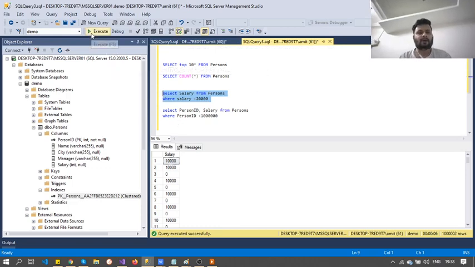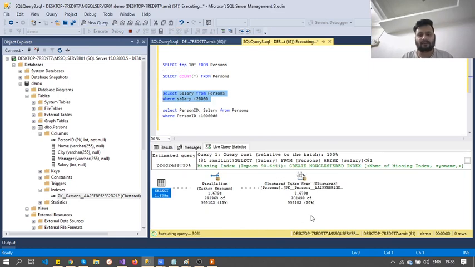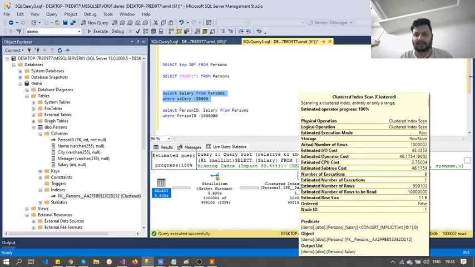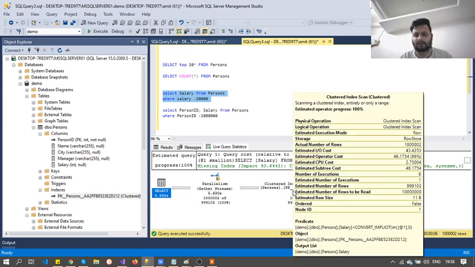Now I'm executing this query, and yes, the query is completed and the output is given here, along with these statistics.